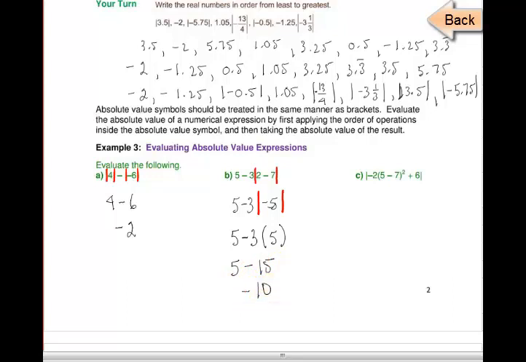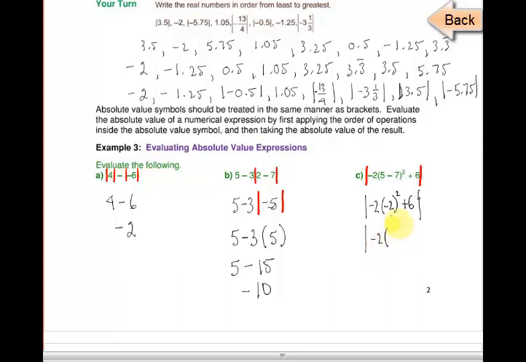Okay, now the next question, the whole thing is inside the absolute value symbol. So you're going to evaluate everything inside first. Okay, so do your order of operations, and then the last step you will be calculating the absolute value of the number. Okay, so we're going to go -2, and then we have 5 minus 7 in a bracket there, and 5 minus 7 is -2. There's a square on the outside, plus 6. Okay, and then absolute value, you've got